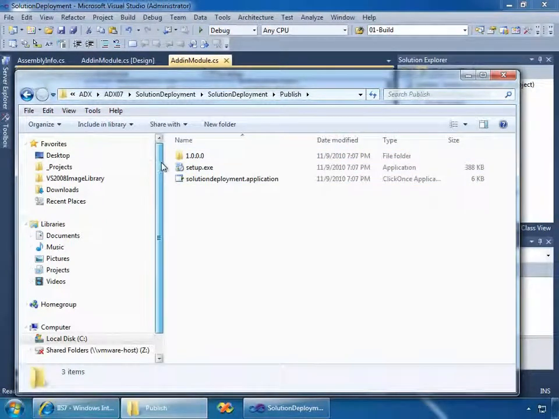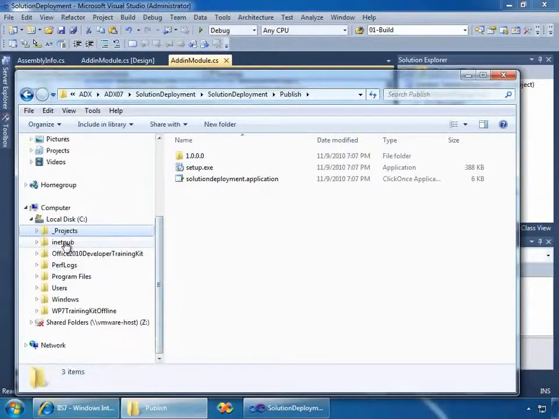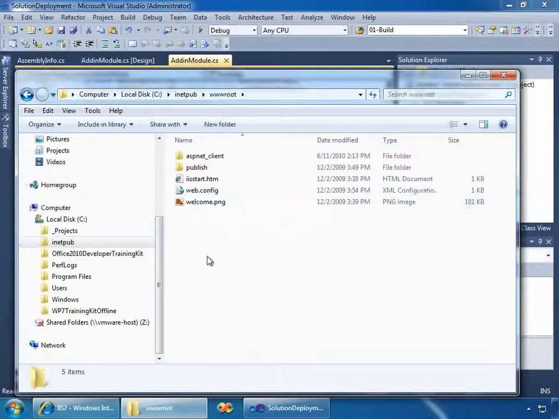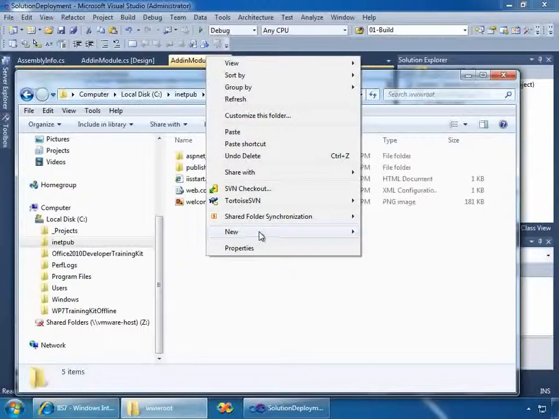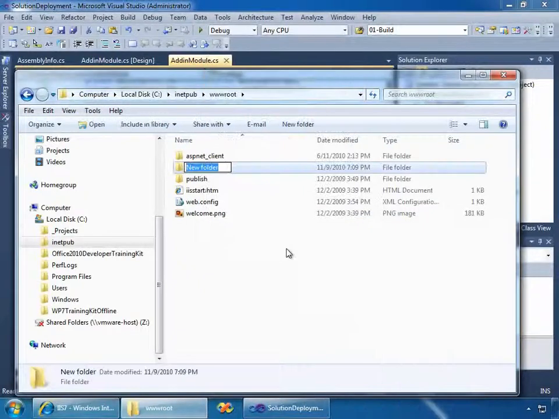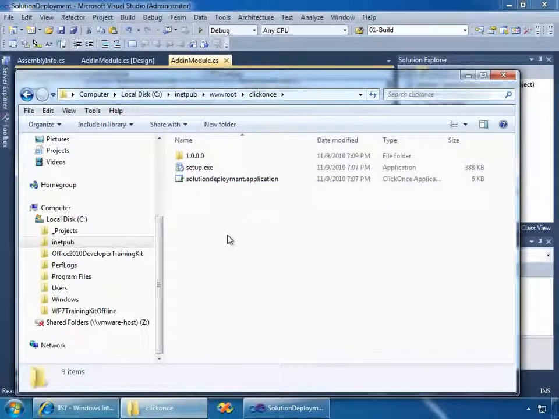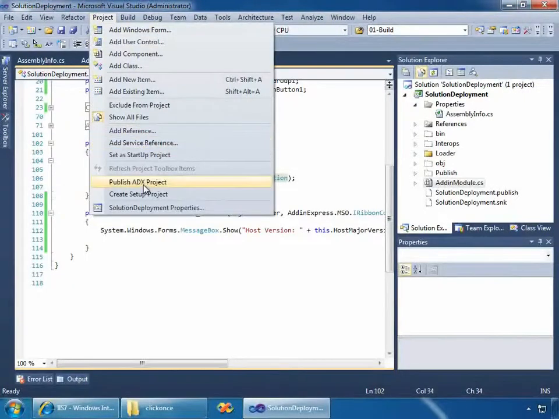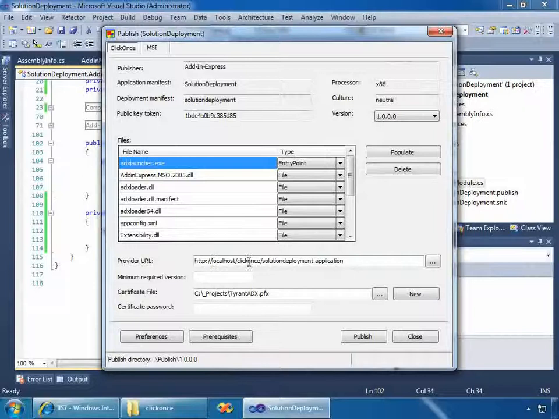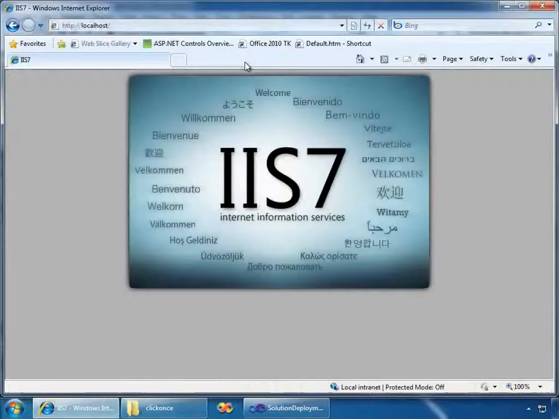And let's then move over to the location of my IIS installation. I'll go to the root, and if you remember in the publish dialog box, I specified a folder called ClickOnce, and that's where I will put everything. Now at this point in time, everything matches up with what I specified in my dialog box here of localhost ClickOnce solution deployment application. So I should be able to open up my Internet Explorer,